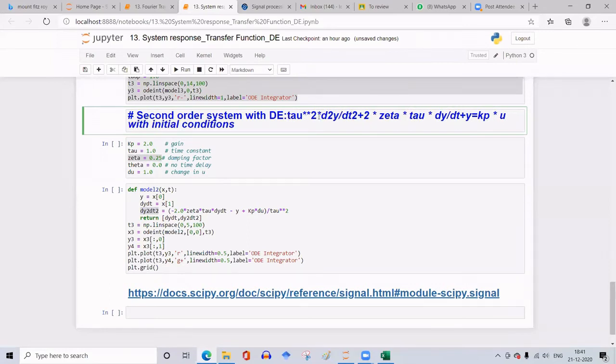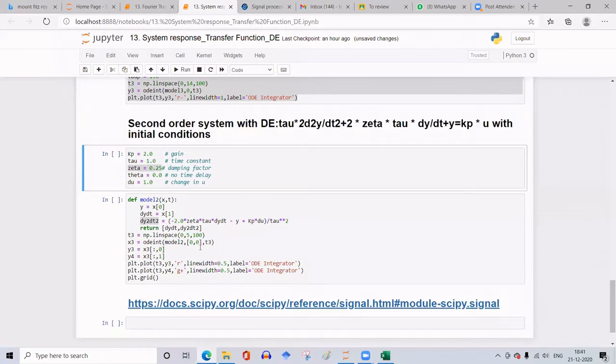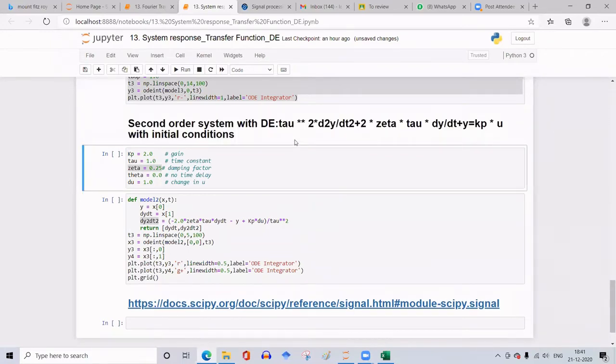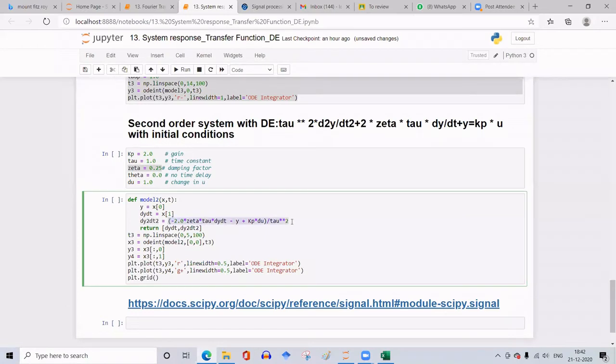Tau square into d square y by dt square is the original equation. So taking this d square y by dt square on the left hand side and the remaining terms to the right hand side, I get the second differential of this y, d square y by dt square, as so much.